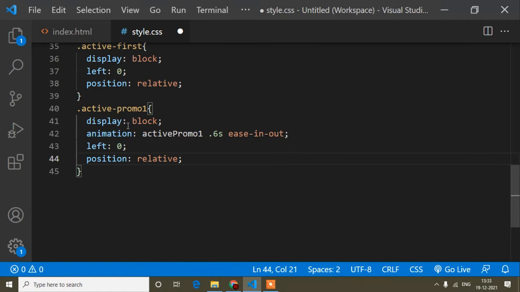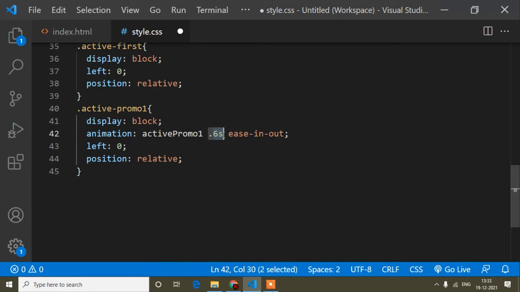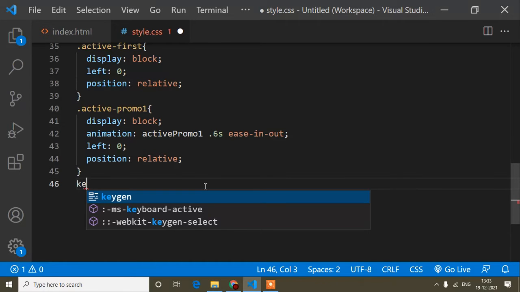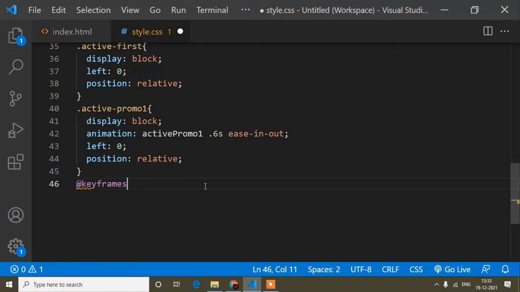Okay, so the animation name and the transition I have added here, 0.6 seconds, like this, but the animation I have to create. When we create an animation, first of all we write @keyframes like this, and then the animation name. So the animation name is this one, and you can write this name as per your choice. Then curly braces, then from means from where the animation will start.